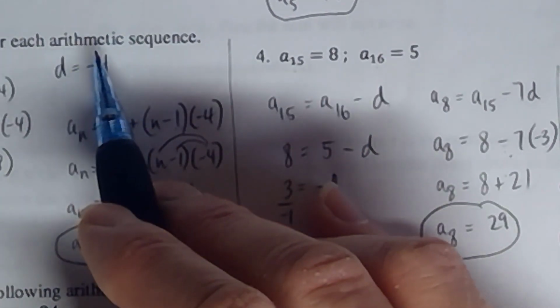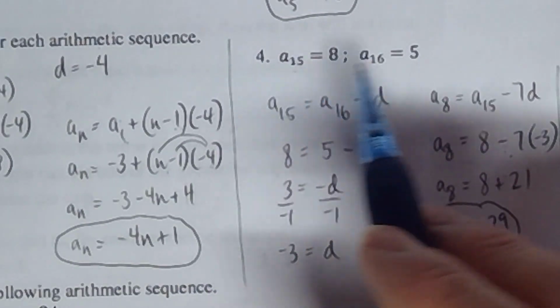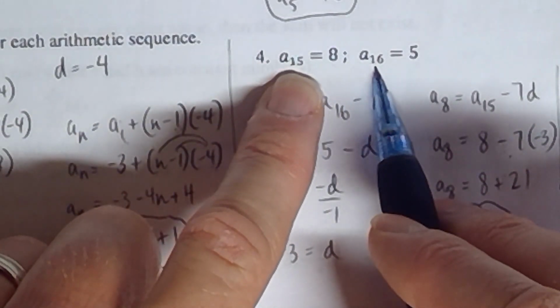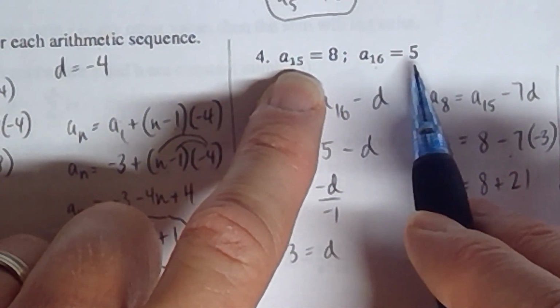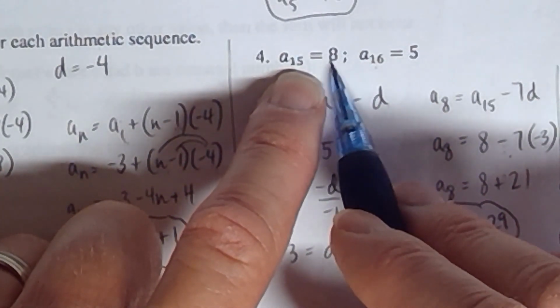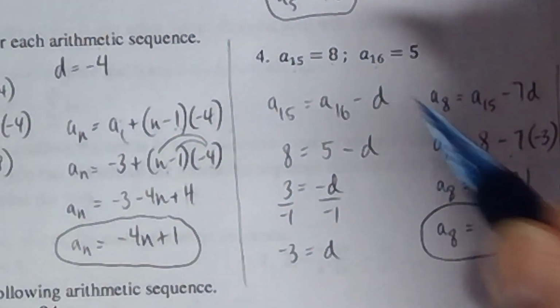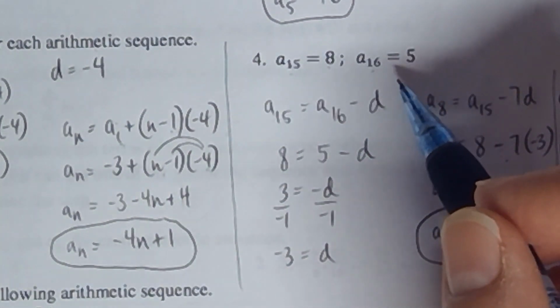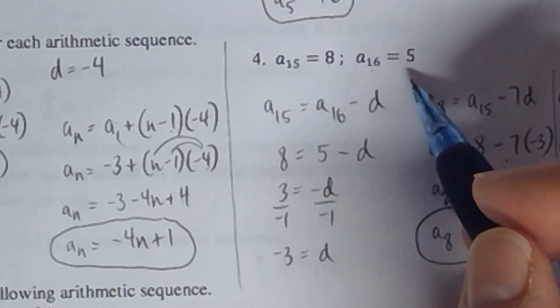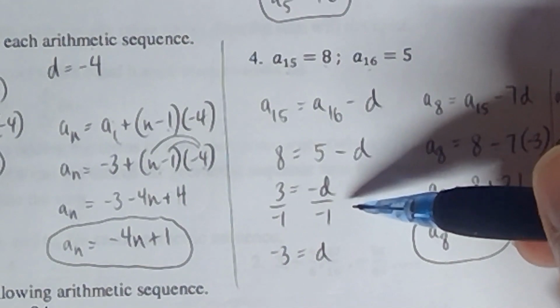Okay, because we know it's an arithmetic sequence, so it doesn't matter what two terms you're looking at. As long as they're right next to each other, you'll be able to look at those two numbers, and you just have to ask yourself, what do I add to the previous term to get to the next term? Well, that would be -3. Just by looking at it, you can tell that. And so that would be the shortcut, just by looking at it, you'd be able to tell that the D was -3. But I wanted to do it the long way because when you get into a problem like